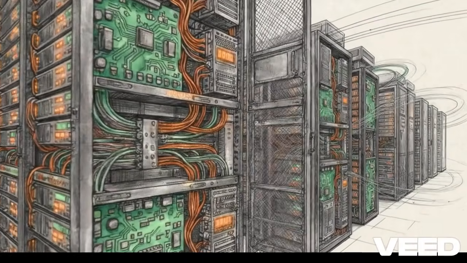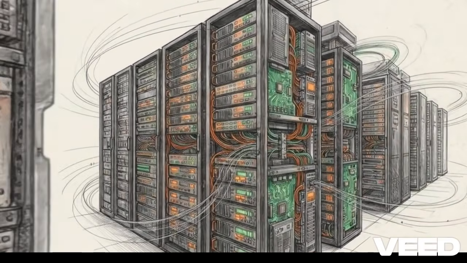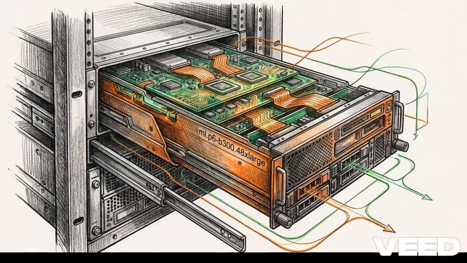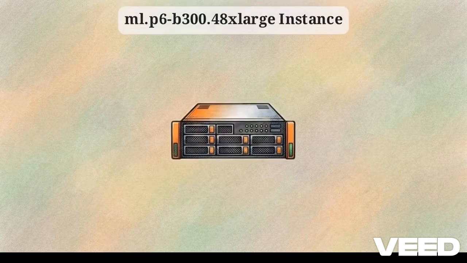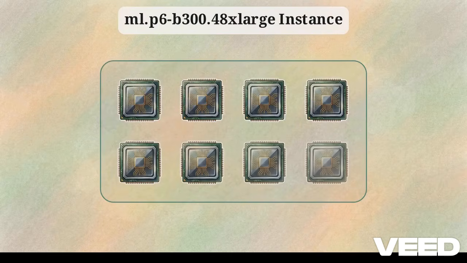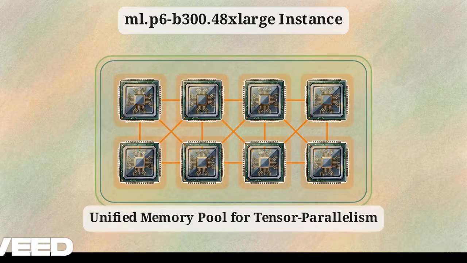Although the active parameter count is optimized, hosting Kimi K3 still requires infrastructure capable of holding the entire 2.8 trillion weight footprint in memory. Loading a model of this scale requires a specific instance type, the ml.p6-b300.48xl-arch. This server node is equipped with 8 NVIDIA B300 Blackwell Ultra GPUs, which provide the high-density compute necessary for frontier-level models. The GPUs are linked by high-bandwidth interconnects, allowing them to function as a single unified memory pool for